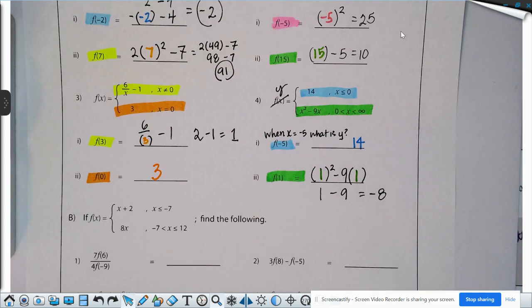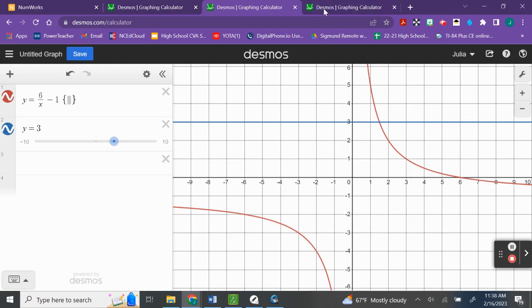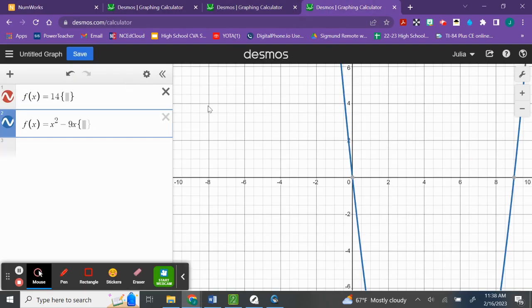This one I do not think I have in Desmos yet, but we can put it in there and try that out, just again to show you in case you are a visual person. So we'll go to our next one. Oh, I do have it. Good, perfect. So 14, and this was when x is less than or equal to